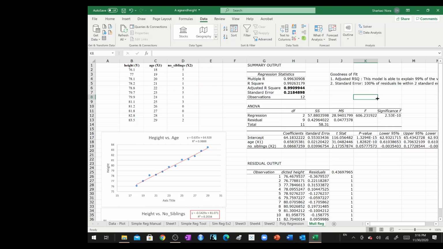So what do we need to do next? After we investigate the goodness of fit, we are going to move on to the ANOVA table. With the ANOVA table, the measure that we are more concerned of is